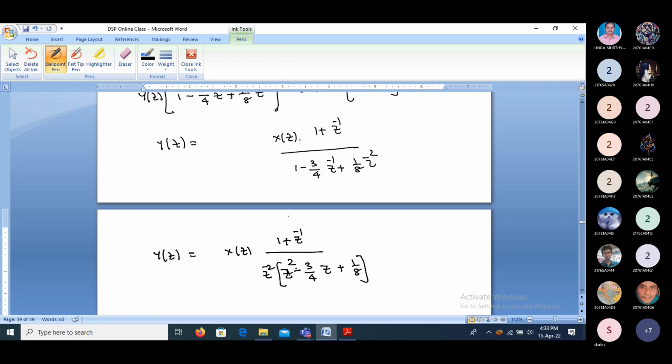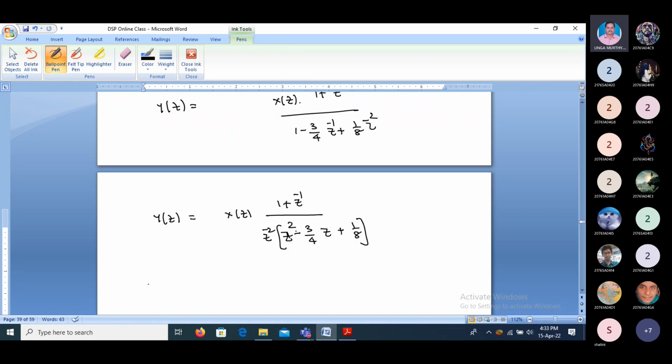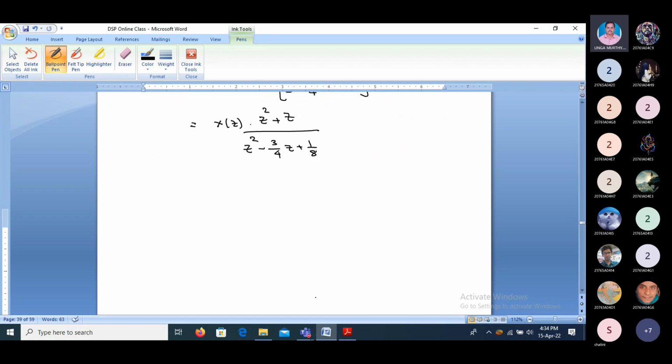This z power of minus 2 goes to the numerator as 1 by z square, so we get z square plus z divided by z square minus 3 by 4 into z plus 1 by 8. Now the complete transfer function of the complete system equation, y of z is equal to